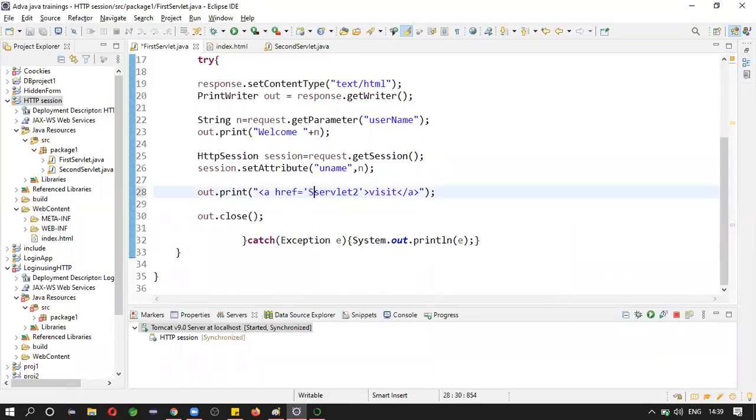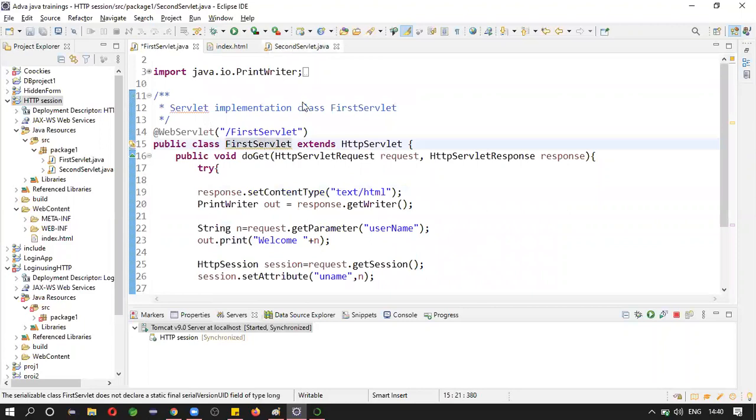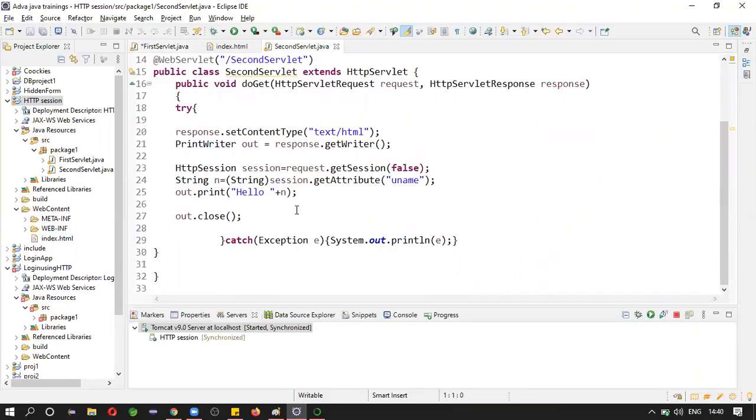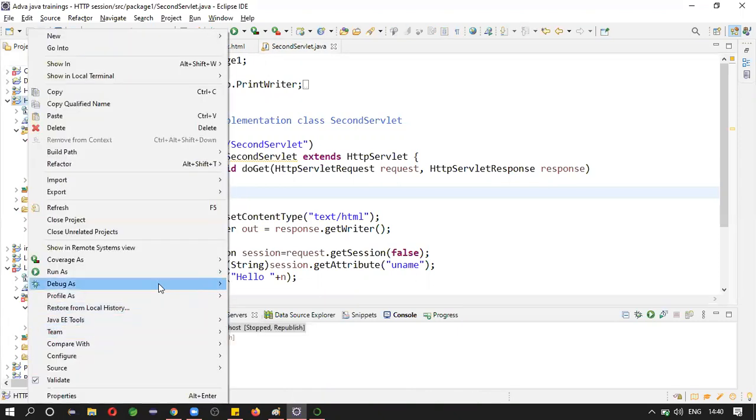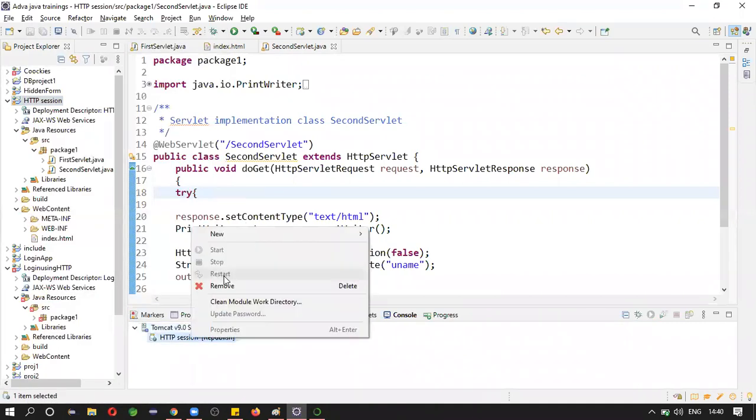So here it is second servlet. Now save this. No. Let us remove this.